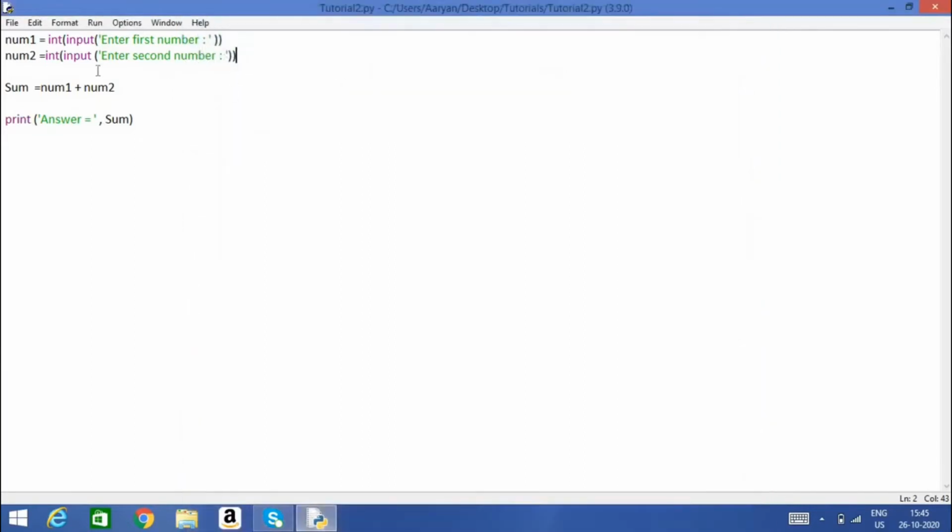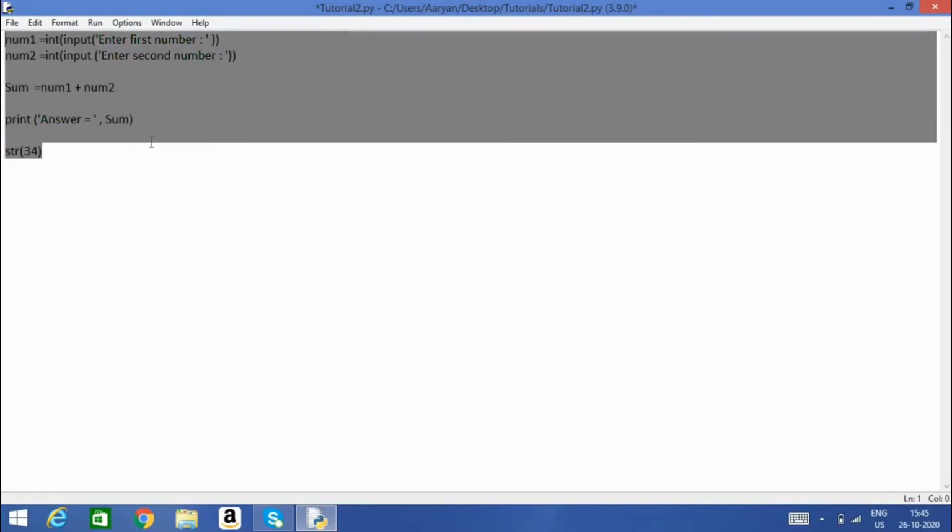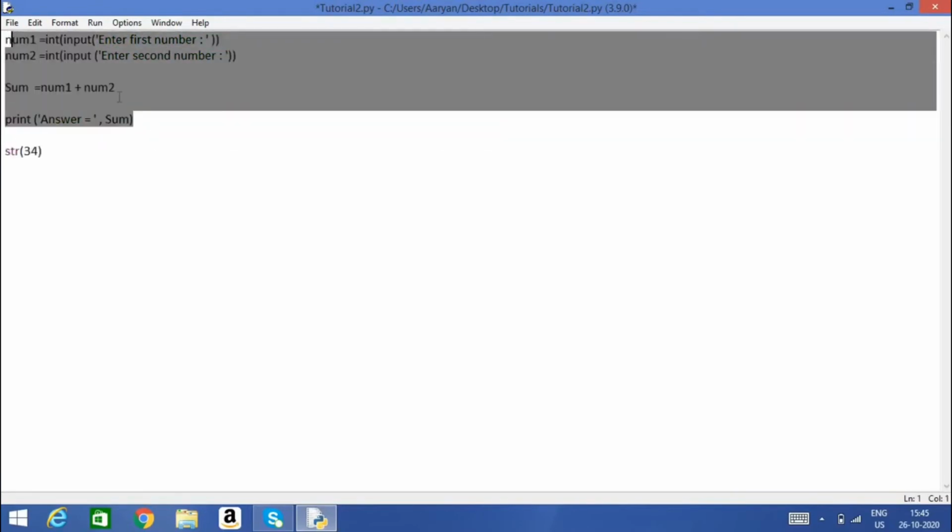Now one more thing. This is how to convert a string into an integer or float. If you want to convert it into a float, just write float, and that's it. If you want to convert an integer into a string, for example there is an integer 34 and you want it to be a string, add str, and this stands for string, so it would be considered as a string. And you can modify this code in much more complex ways, any way you want. It's all up to you.